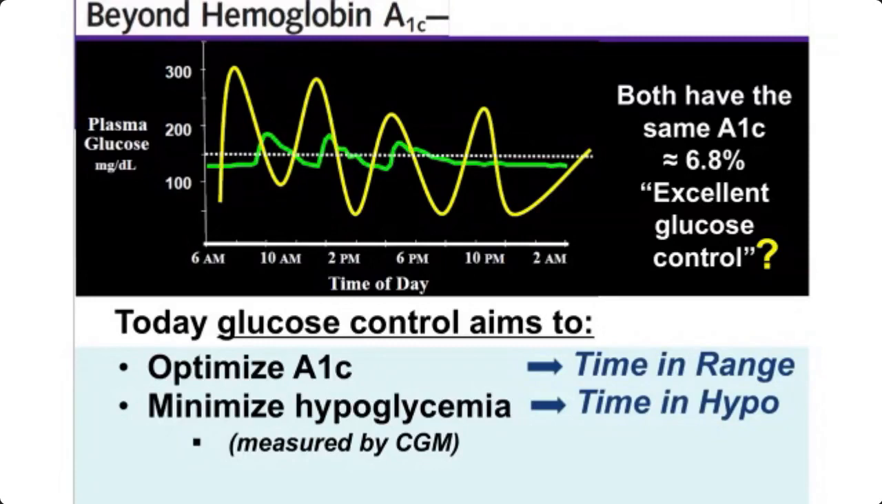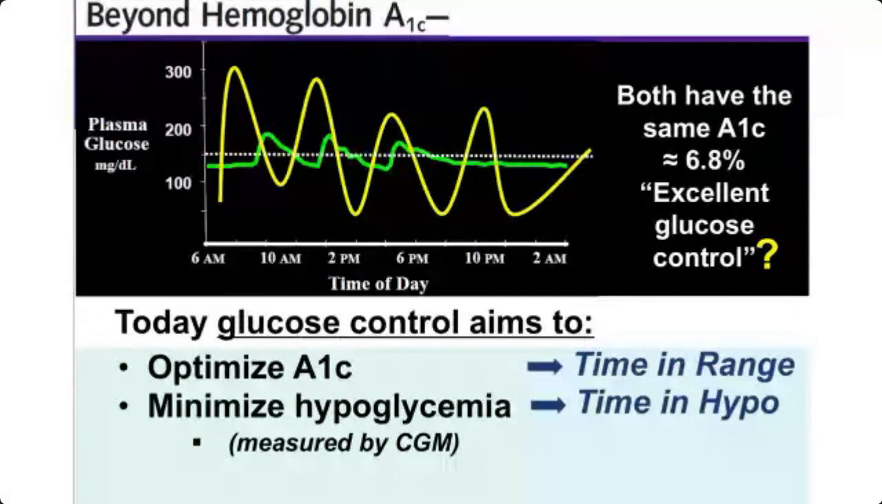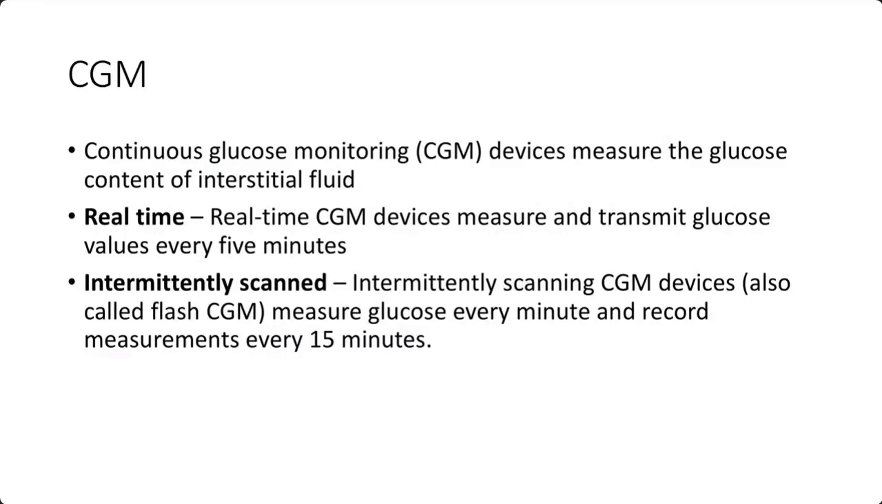So today glucose control aims to optimize A1C, so it's time in range, but we also need to minimize the hypoglycemia, time in hypo. So there was an urgent need for something called CGM, which is continuous glucose monitoring. With continuous glucose monitoring devices, we measure the glucose content in the interstitial fluid. There are two types of CGM devices. There is a real-time device where the CGM device transmits the glucose value every 5 minutes, and there is